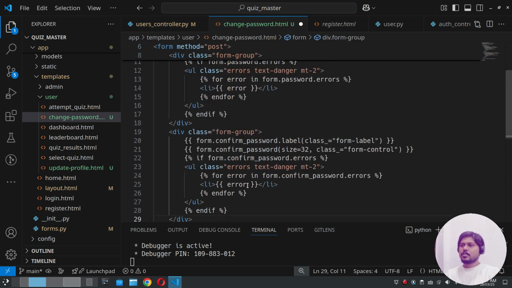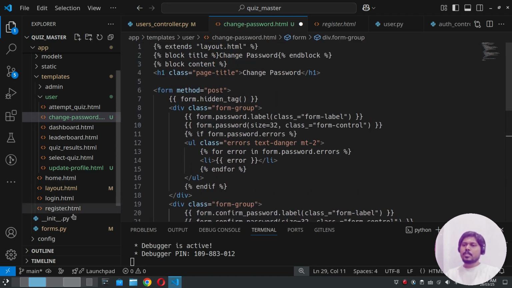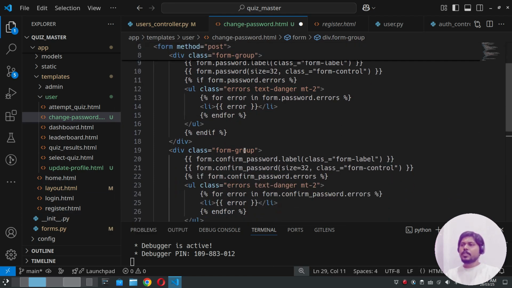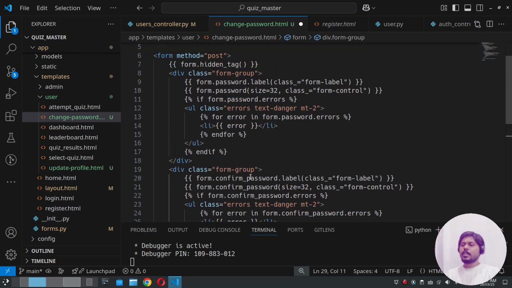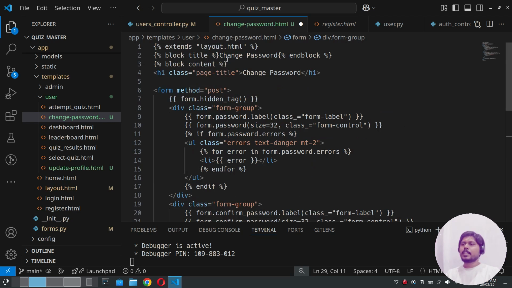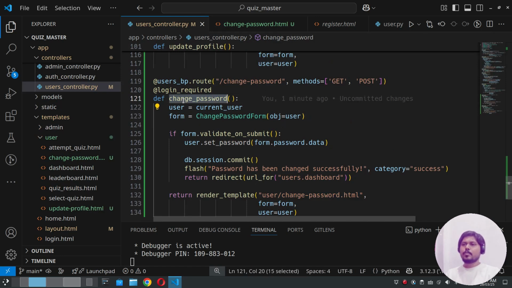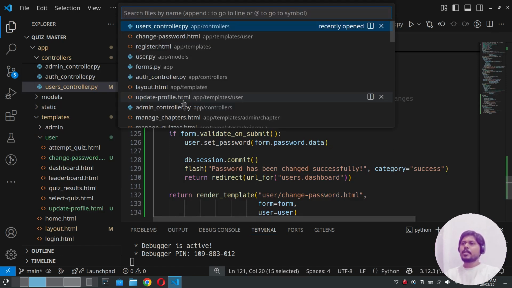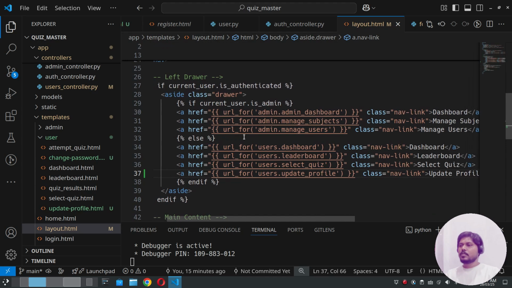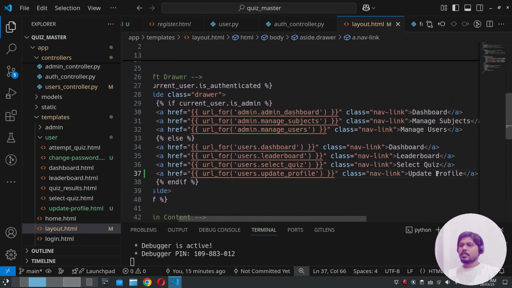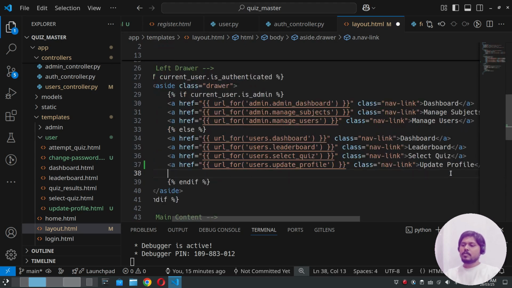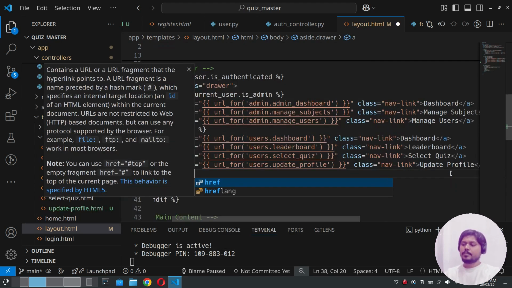That's it. So we have copied the content from register.html and pasted it here. In the change password we have removed all the fields except the password and confirm password fields, and we have updated the title to change password and the page title too. Save it, and then we need a navigation link for this URL. Copy this URL, go to the layout again, and for the user that is not admin, we need to add another link